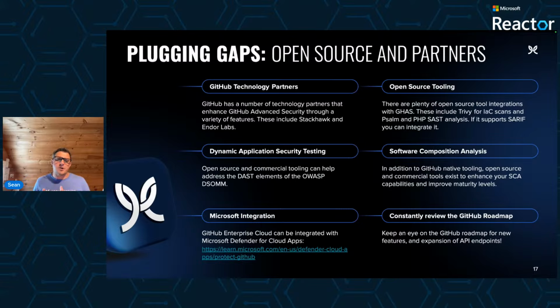Now, since GitHub is a part of Microsoft, security teams can enhance DevSecOps maturity by integrating Microsoft security solutions. You have Defender for Cloud, which extends the GitHub security insights across multiple cloud environments. Purview, which assists with compliance, data security, and risk management. Sentinel, which is super cool, integrates GitHub security logs for SIEM-based monitoring and incident response. And I already mentioned Key Vault, which provides secrets management complementing GitHub secret scanning. By combining GitHub security tools with Microsoft's ecosystem, you can expand their security capabilities beyond code repositories.